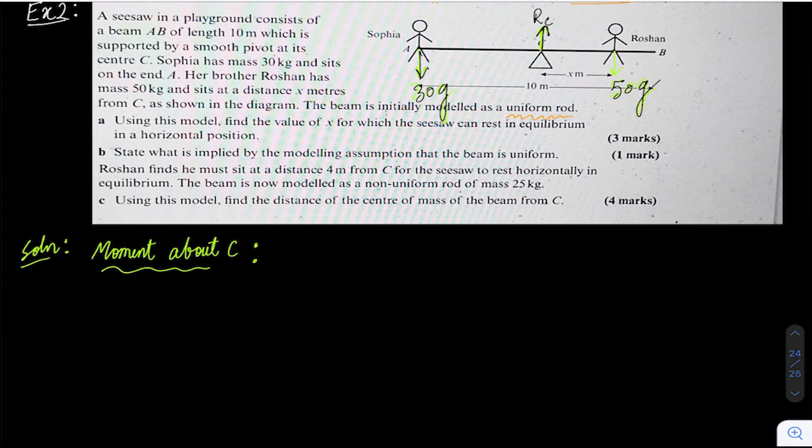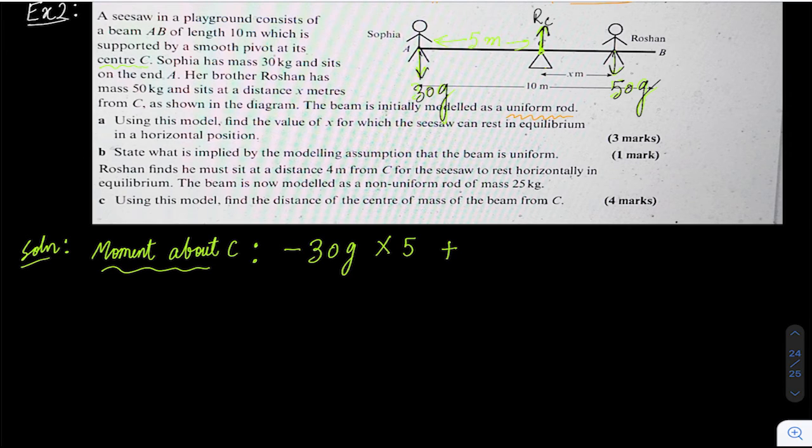This is 50g. Okay, so my answer will be, let's first find for 30. So 30 into this will be clockwise direction, right? So it will be positive. So 30g into 5, right? Because C is at center. Now when C is at center, it means this will be 5 meters. So 30g into 5, that is clockwise, or that is anti-clockwise,